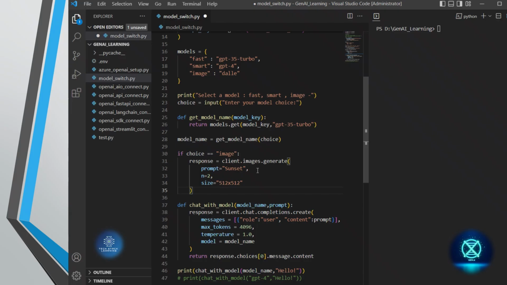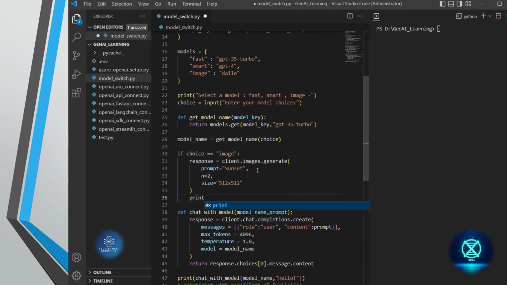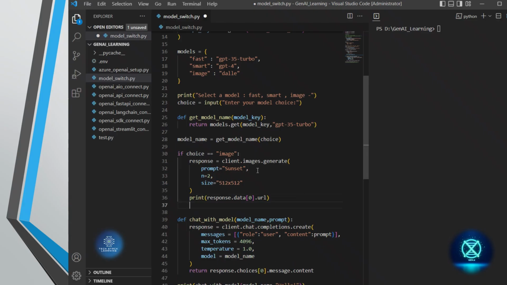Okay, so then we will print it, print response dot data of 0 dot url. Okay, this is about my image model. So now if I have to just check for